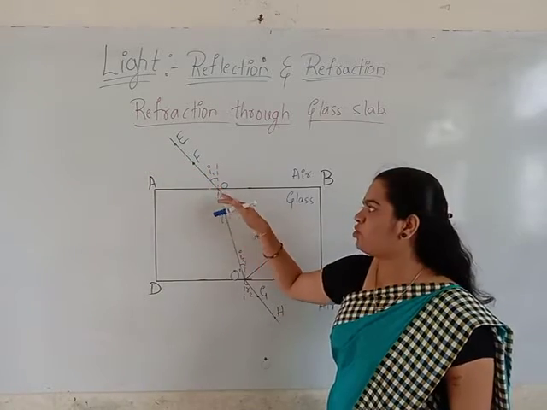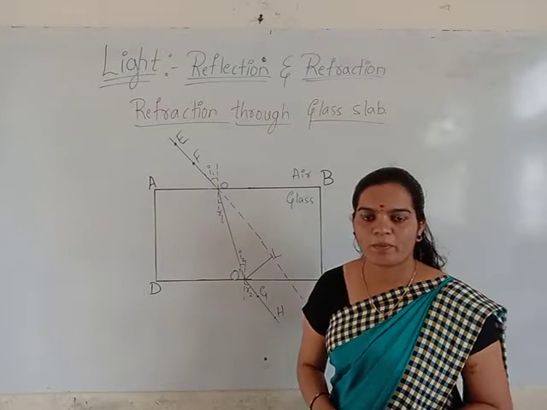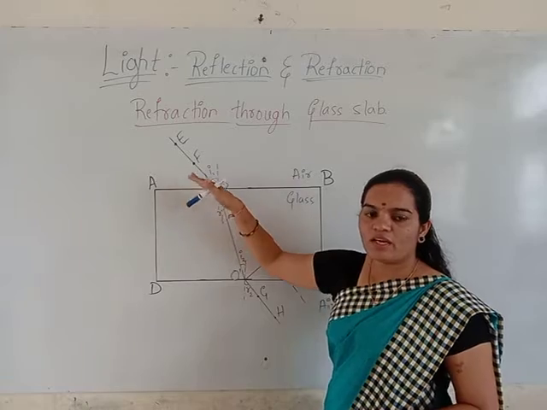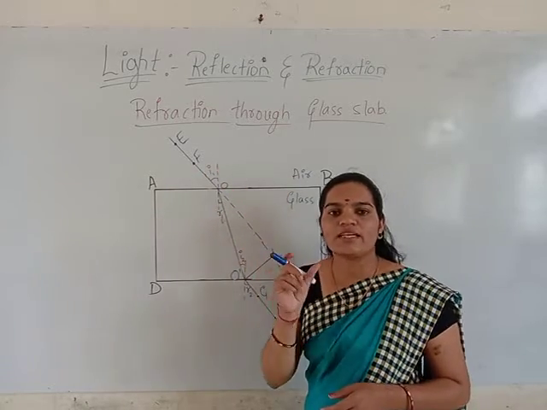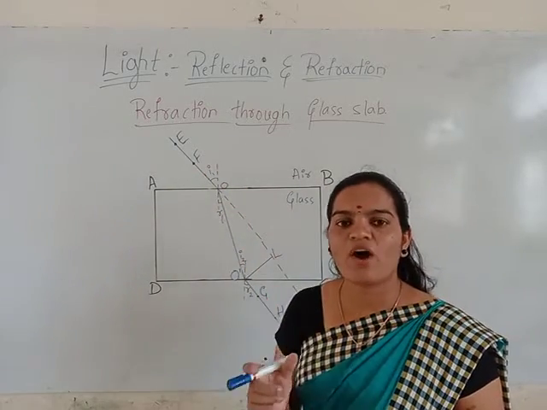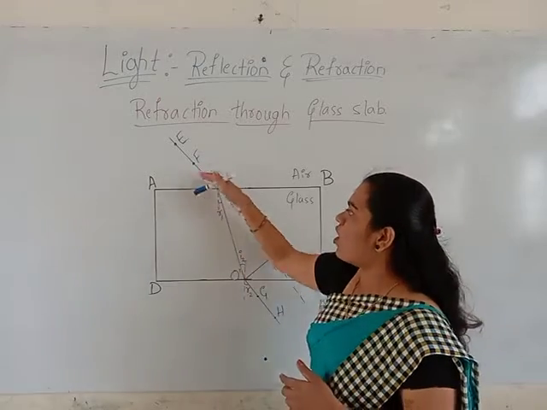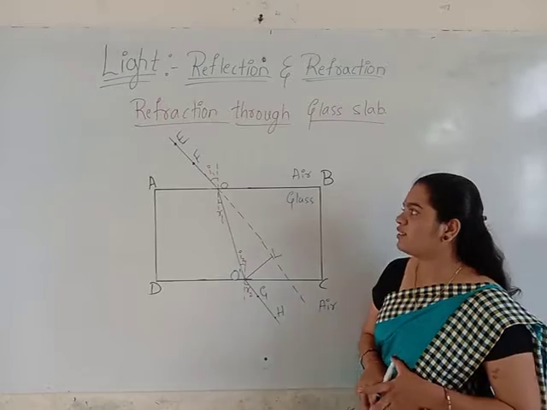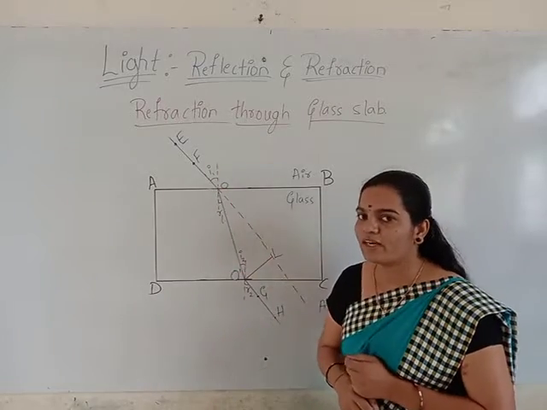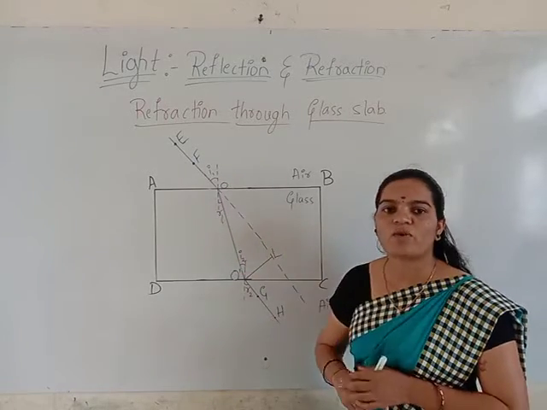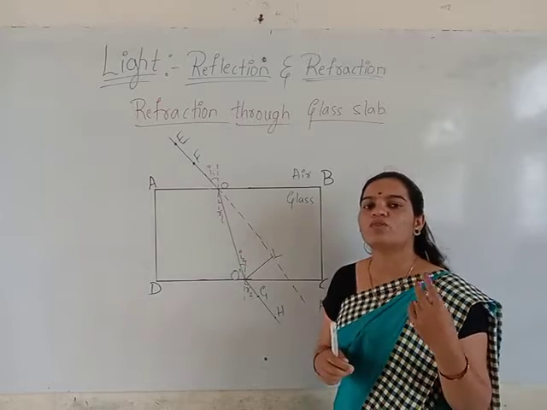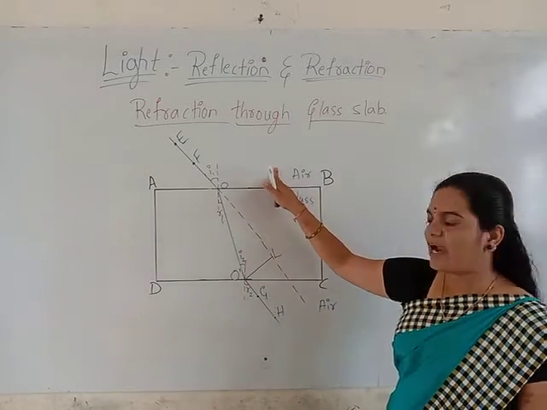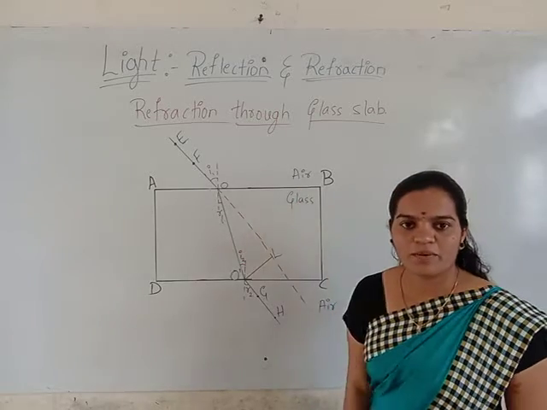is showing the incident ray. Okay, the light is entering this line, what we are showing, it is showing us the incident ray. That ray of light is incident on the phase AB here. So as we have taken the ray of light, now it is entering from one phase to another phase. What are those 2 phases or what are those 2 mediums here? One is the air medium and another is the glass medium here.